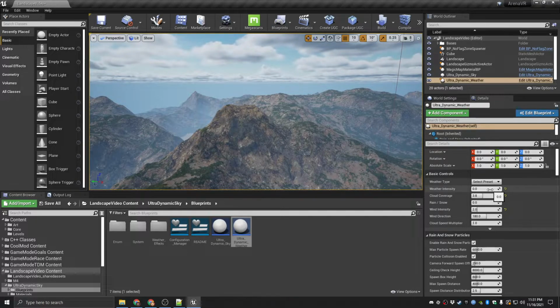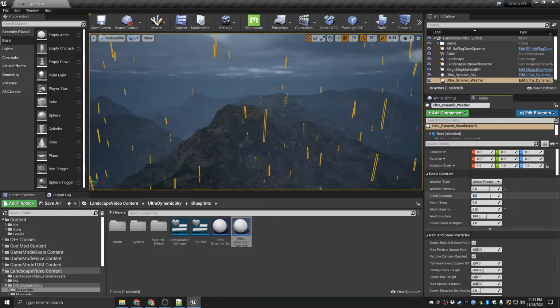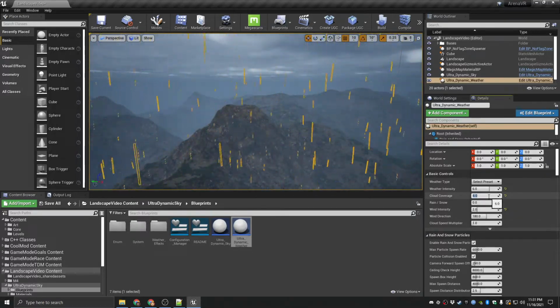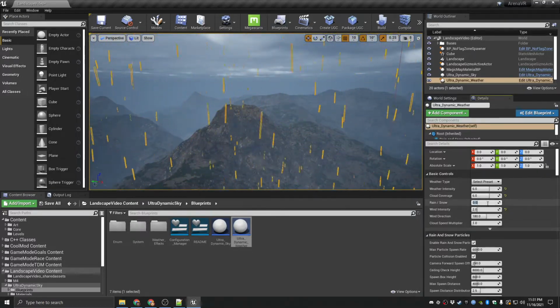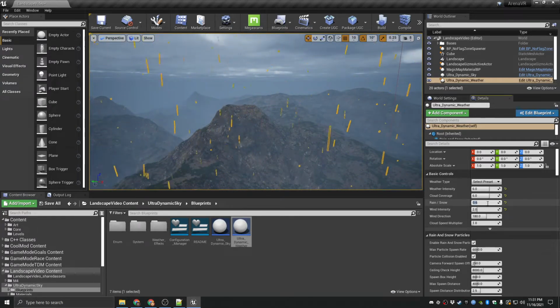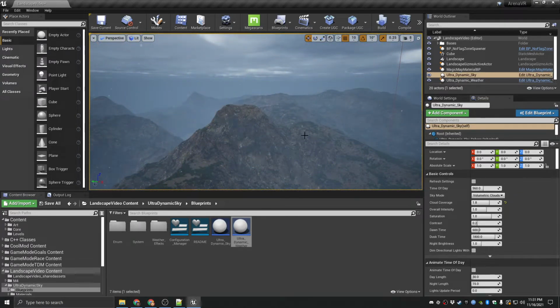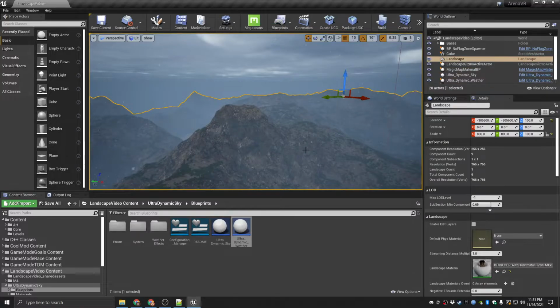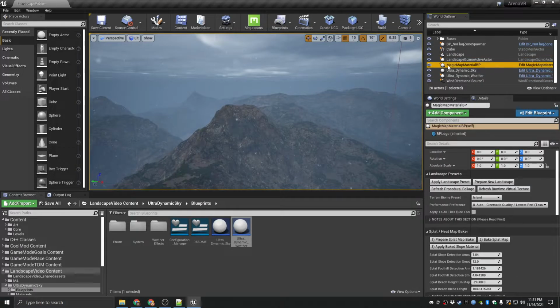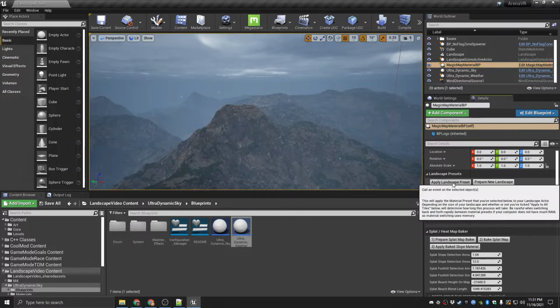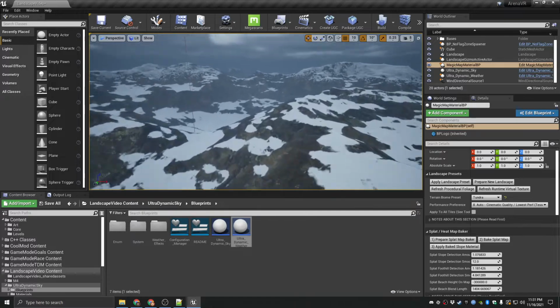We could just make weather intensity like a 6. Make the cloud coverage like a 6. We'll actually add a mix of rain and snow. And then we'll grab our landscape. I'm sorry, we'll grab this magic map BT, and we'll just make it the tundra and hit apply, and there we go. Now we have like a full